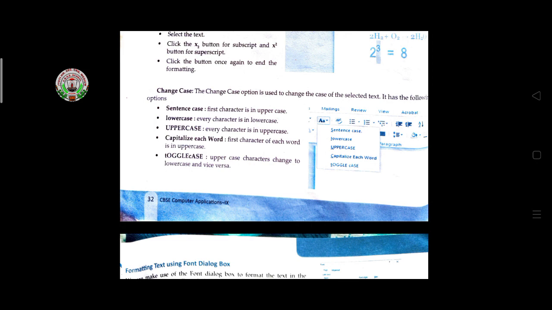And then toggle case means, suppose you have written some words in lowercase and some words in uppercase. After selecting toggle case, the lowercase you typed changes to uppercase, and the uppercase you typed changes to lowercase. So in toggle case it will interchange their types.